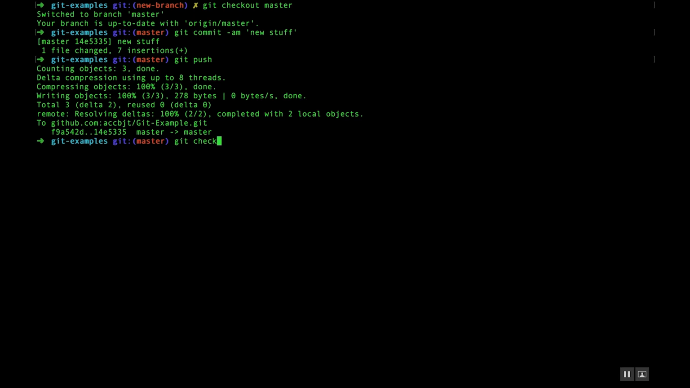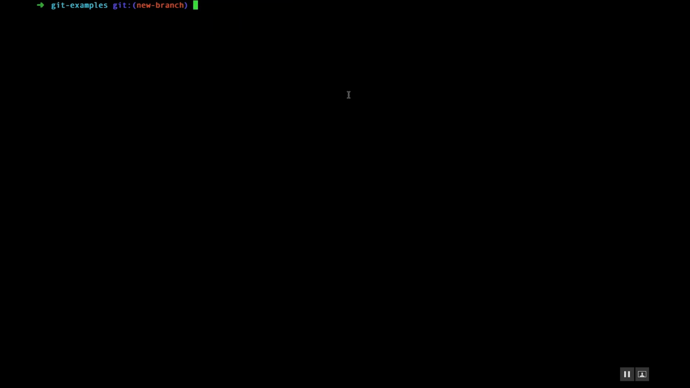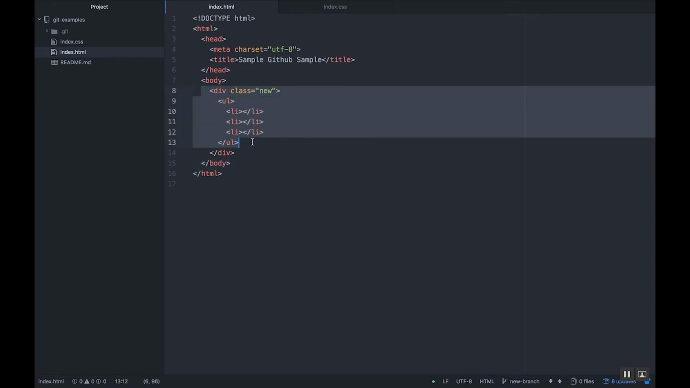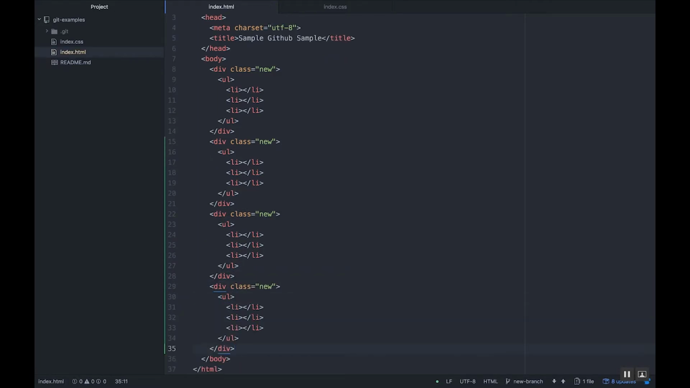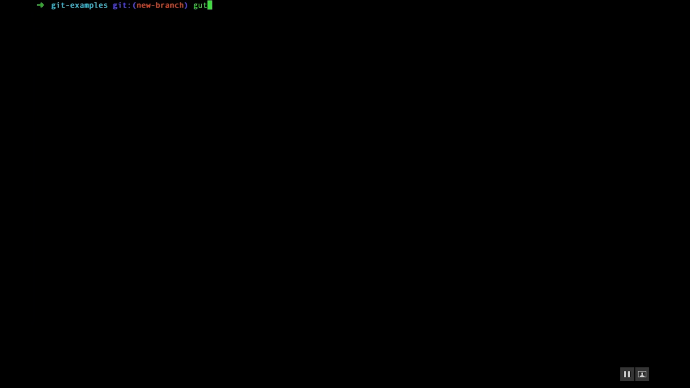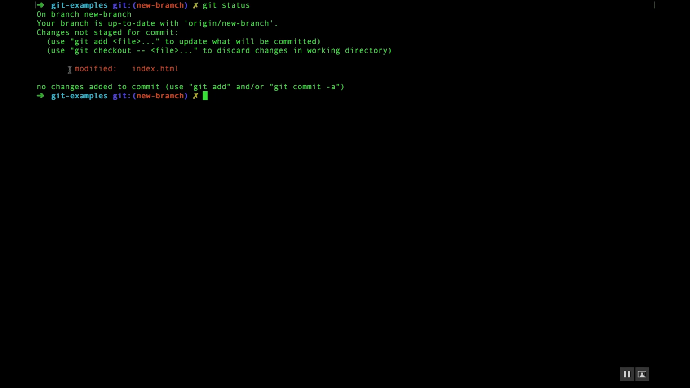And let's do a git checkout new branch. Let's just copy this and save this. We're not going to commit it, we're just going to save it. Git status says it's modified, so I don't want to do a git add or git checkout or anything. So let's do git pull